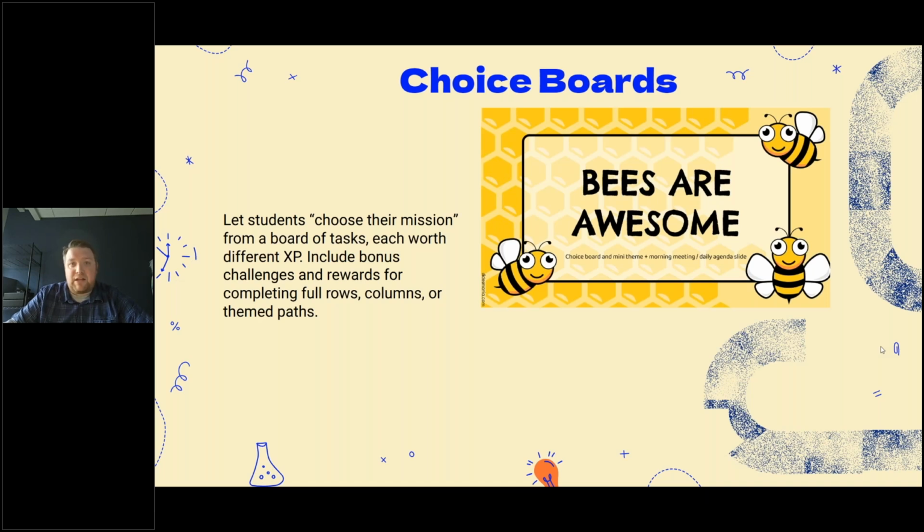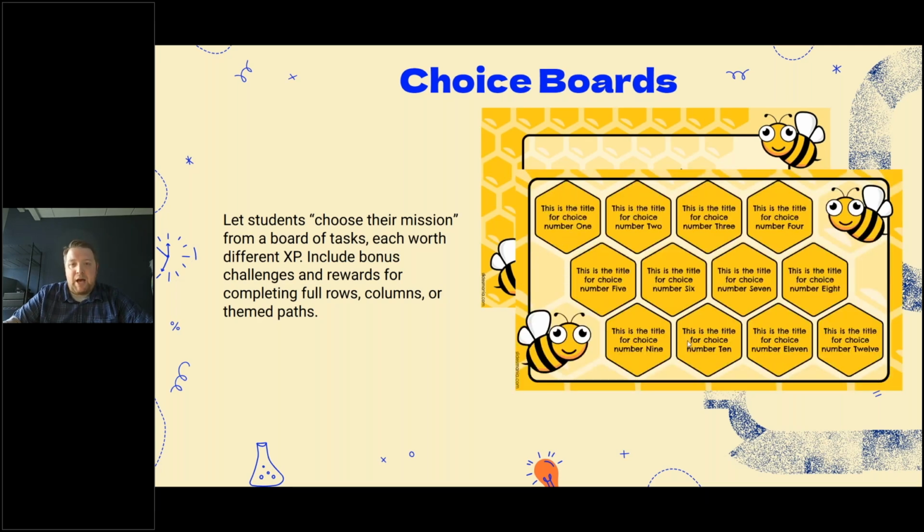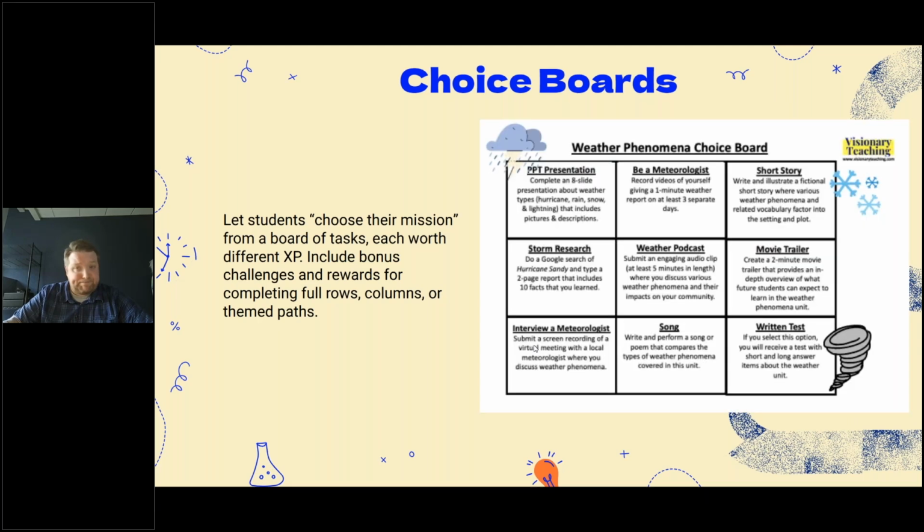And in the handout, I linked one that walks you step by step to make your own. So this one, for example, is Bees Are Awesome. It walks you through: you create your choice board, you add those challenges and the XP there, and then it takes you to the different challenges associated. So it could be fully digital, whatever works best for you and your students. And like I said, there's a lot out there that is already created too.